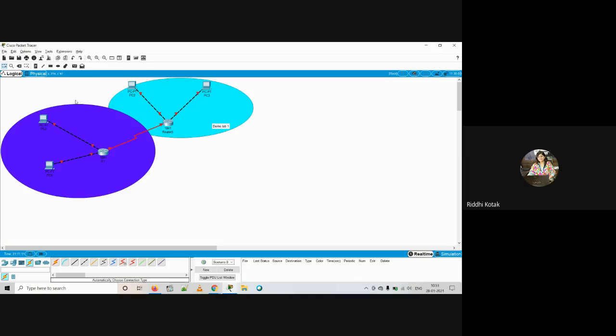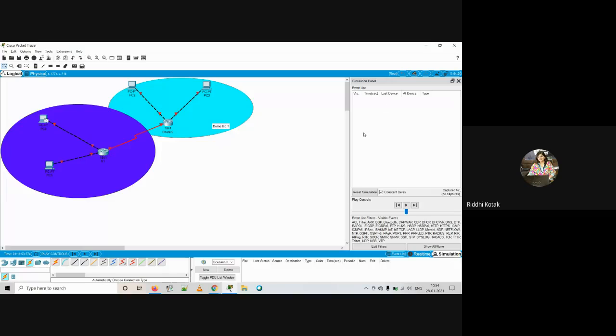Once everything is configured, we can check whether that functionality is working properly or not. So you have to drop this PDU on this PC. Right now it will not work, but I'm just demonstrating this. You have to do the same on another one. Because I have not configured this, it is not accepting. But we have to drop the PDU like this, and it will start tracing, and that tracing we can check over here.